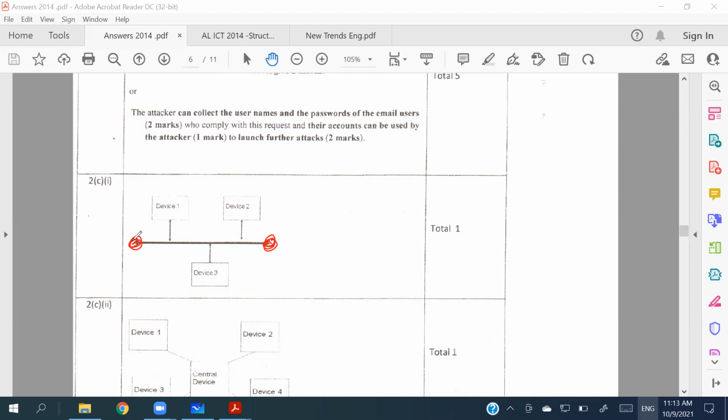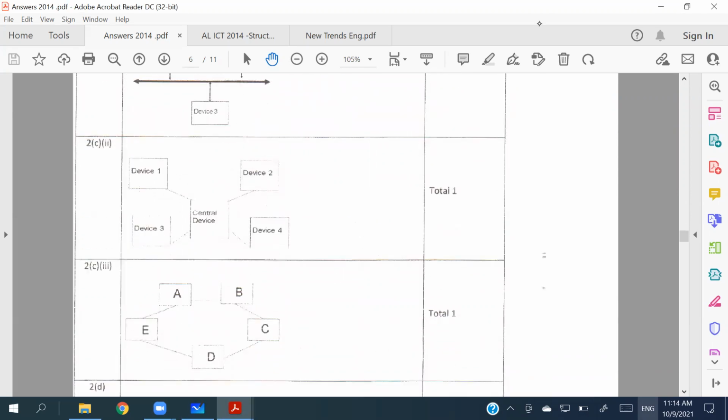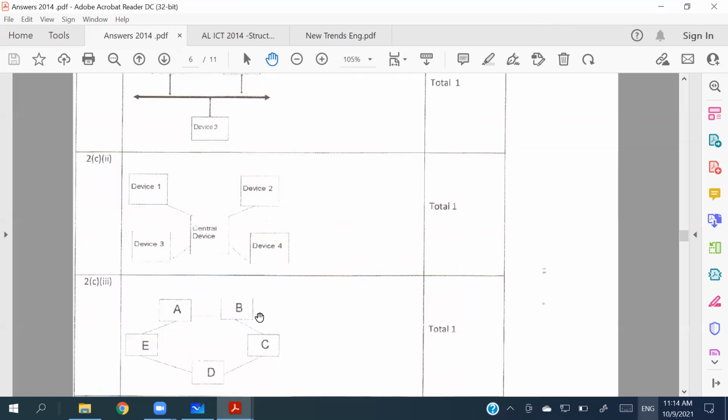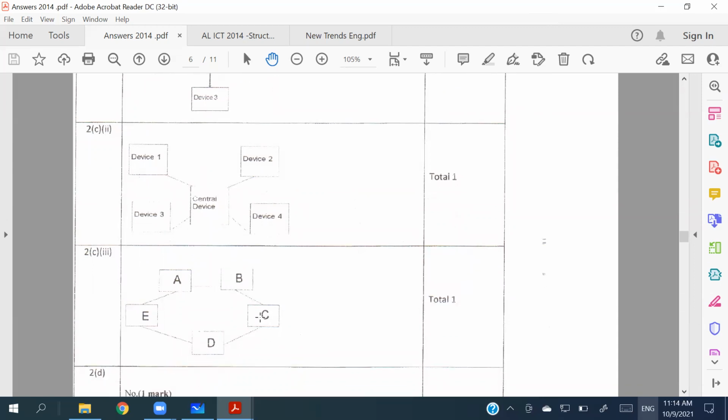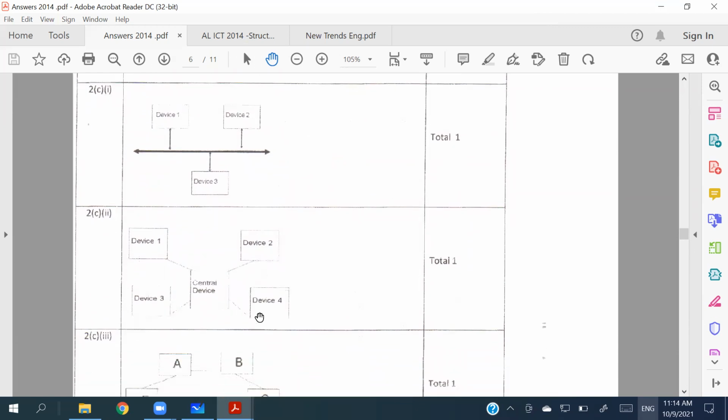And when you are drawing this star, it is easy. Drawing a ring, it is easy again. Right? These must be properly connected, A, B, C, D, E as a ring. It's better you name the things correctly. In star topology, a central device is there, and the devices are connected in this manner. It's better you say it like that. Right? So if you have drawn that clearly, it's going to be 3 marks.